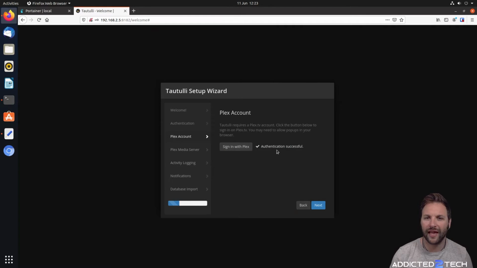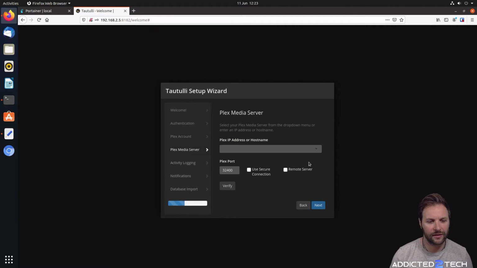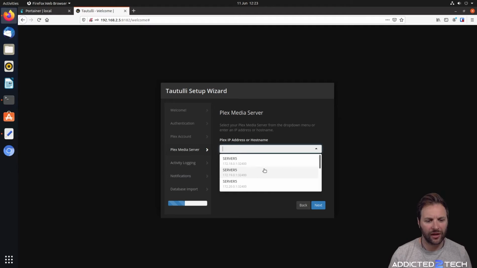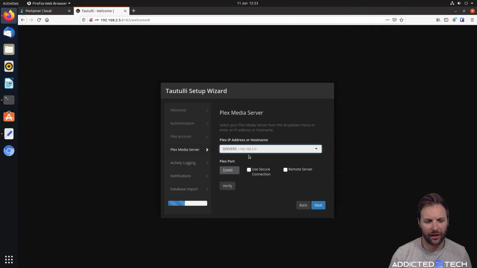And then it says authentication was successful. Then click next. Now Plex Media Server. Select your Plex Media Server from the drop down menu or enter an IP address or host name. So under here we're going to scroll down to where it says 192.168, and we're going to click on that